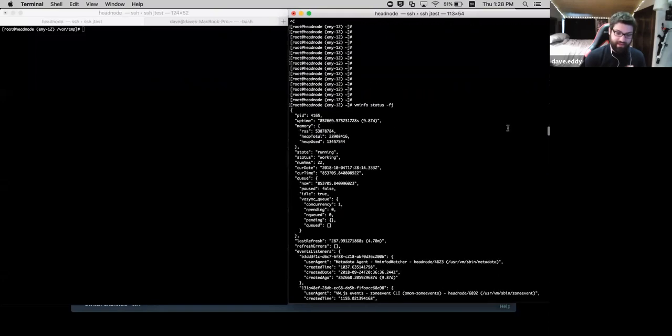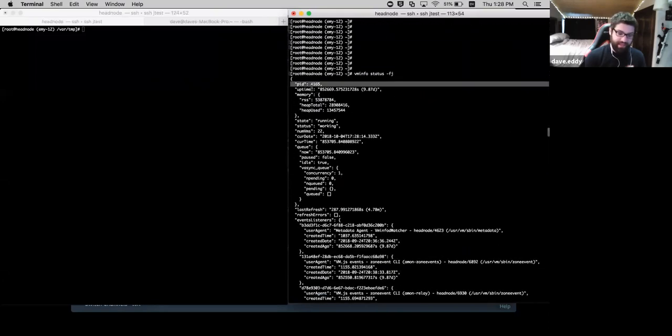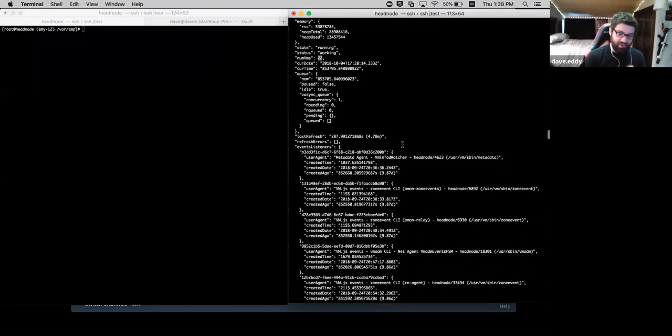You get the PID, you get the uptime, you get the memory usage. Pretty much everything you saw in the original status is here, number of VMs, but you get so much more. So the last refresh happened 4.78 minutes ago, which means we're approaching the 5-minute mark, so another refresh is going to happen. Refresh errors, this is